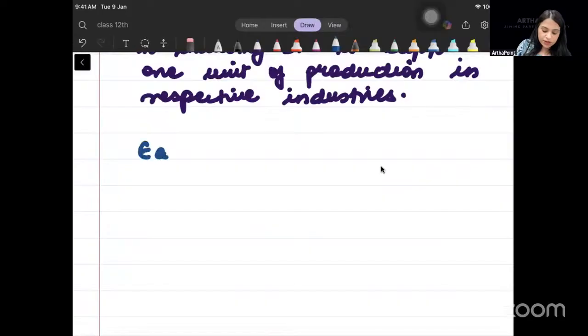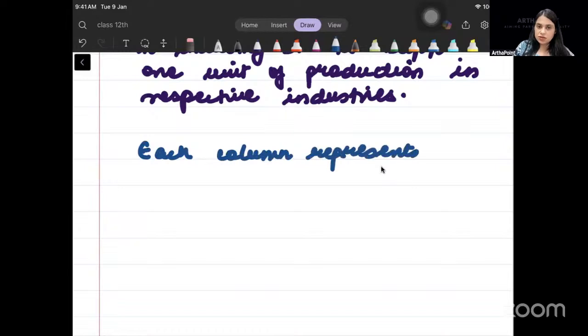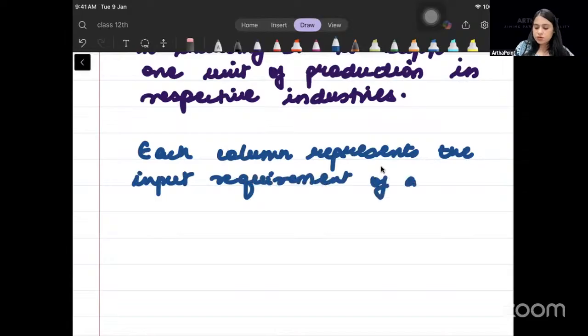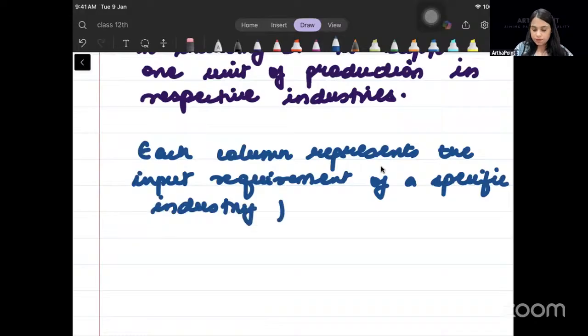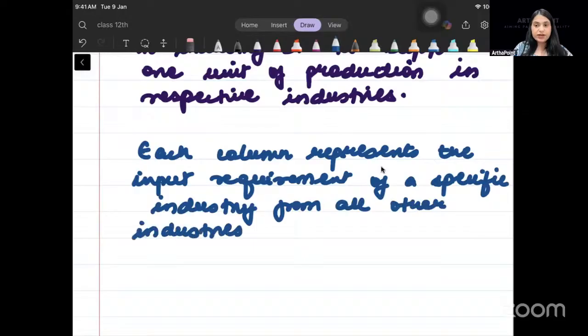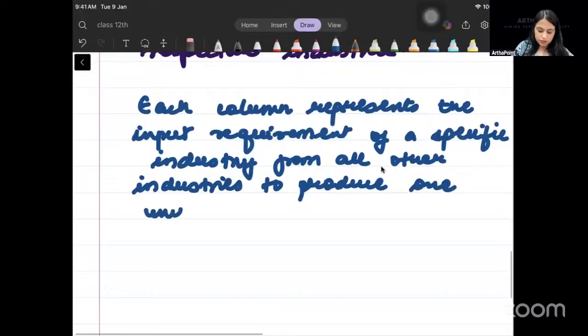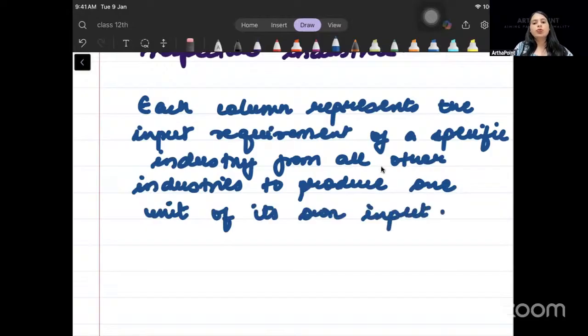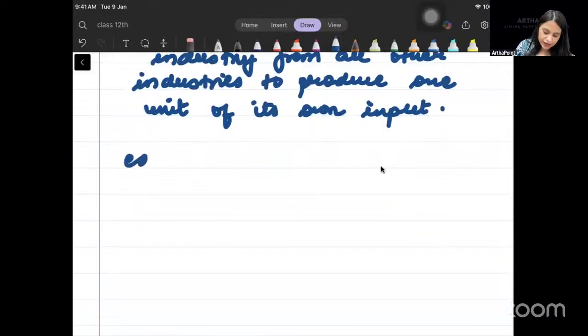The interpretation of column will be, so each column represents or shows the input requirement of a specific industry from all other industries to produce 1 unit of its own output। प्रोड्यूस 1 यूनिट ऑफ इट्स ओन आउटपुट।